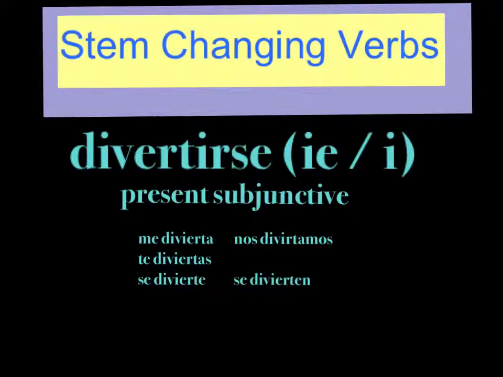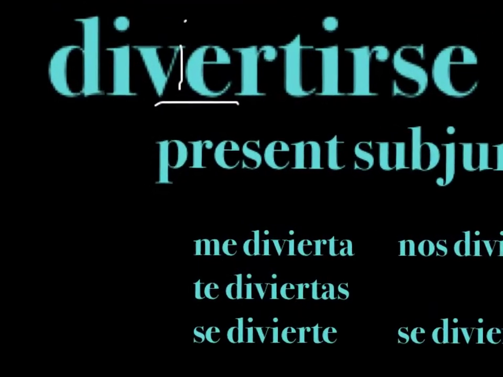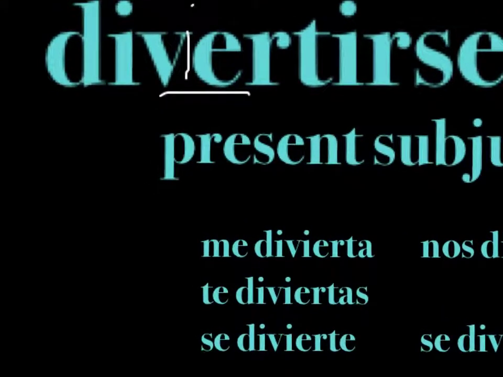To conjugate stem-changing verbs to the subjunctive, let's take a look. We have a verb like divertirse, which we know is a stem changer right here. And we're going to add that i in the middle, right? So when you come down here, it's basically the same thing as earlier with the basics. So let's do the steps that we were talking about earlier with divertirse.